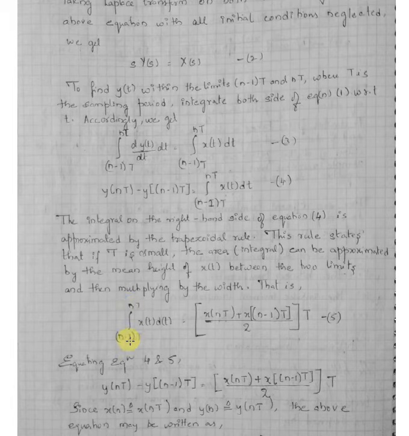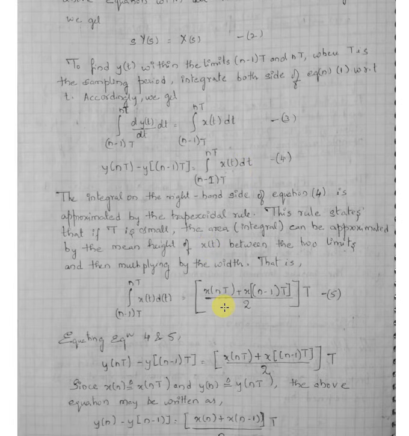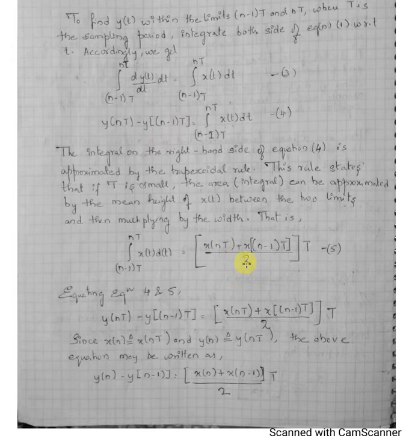Now we had made an assumption here that t is very small. When t is small, you can very easily ignore t wherever you have it. So x of nt would be approximately equal to x of n. Similarly, y of nt will be approximately equal to y of n. Substituting that in the above equation, you end up getting this. Now taking the Z transform on both sides, you get x of z equal to 2 by t, (1 minus z inverse) by (1 plus z inverse), times y of z.